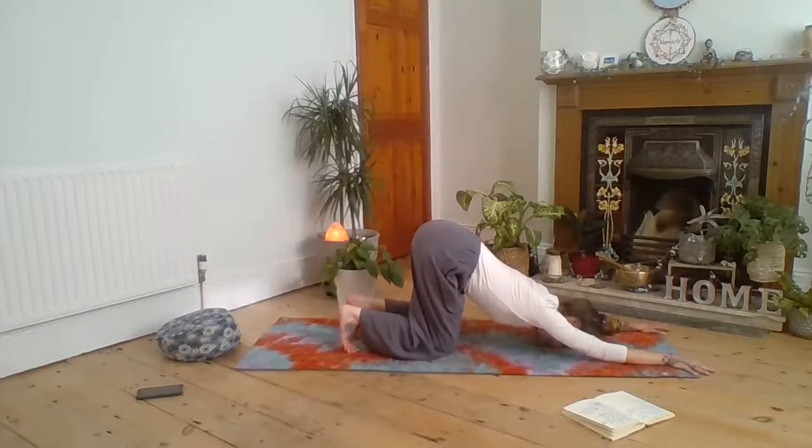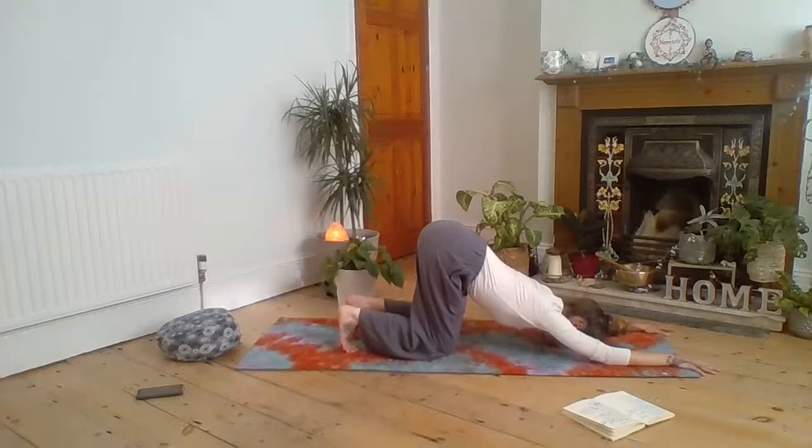Good. Puppy pose. This is really, really good for digestion complications. We are working with the intestine meridian. Great. So we'll be holding this pose for a bit, about 1 minute, more of a yin approach. I know you girls enjoy yin, so